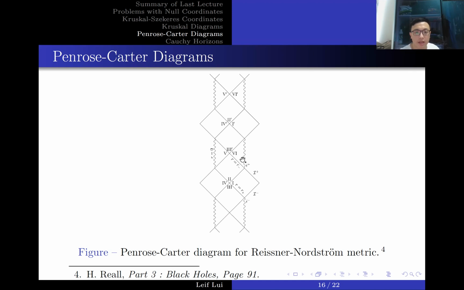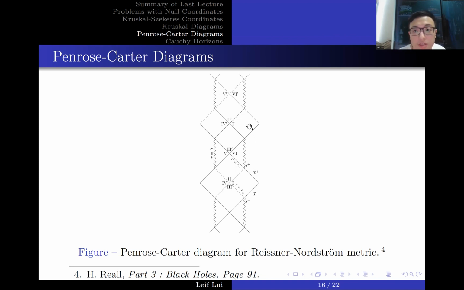And you can see that, as I mentioned before, the region 3' is... so this one was the original... what do we call it? This was the original Kruskal diagram. And what we can do is conjoin it to the one with the curvature singularities at r equals 0. And what happens is, by introducing a new set of coordinates, you can also conjoin it